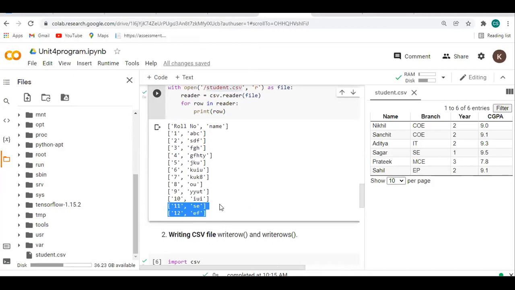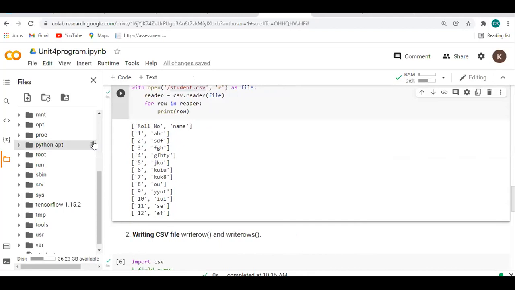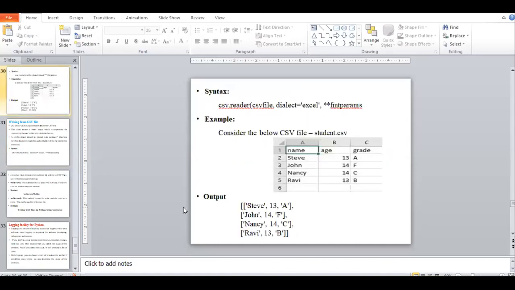But, ma'am, this is one way. Is there any other module to do this? No, actually the CSV file is totally related to the Python concept. Everyone knows we use Python for deep learning, machine learning and image processing programs. In those we don't know what the output will be next, it all depends. So at that time we need to use this CSV file.